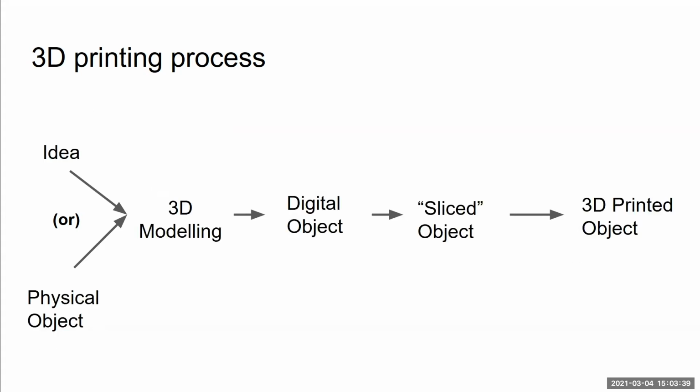And what that often looks like is something similar to this workflow that I've shown. You either start with an idea, model it, and then run it through the process of slicing and then 3D printing. And we'll get into what slicing means here in a second. But that's one of the two major ways that someone ends up creating 3D models for 3D printing processes. I'm just going to leave this for now and we'll circle back to it near the end. But keep in mind that anything we're talking about today can come from one of these two workflows. So you can either have some form of physical object and then you create a digital object,